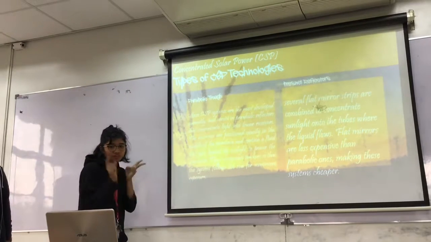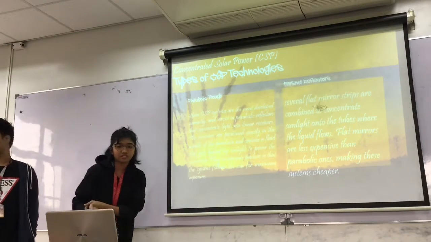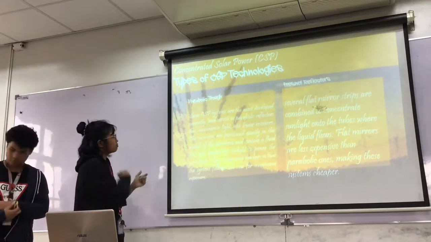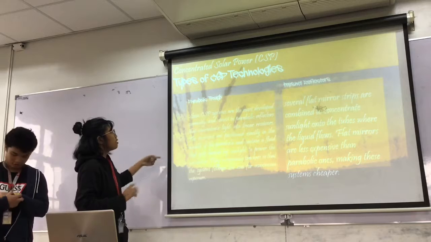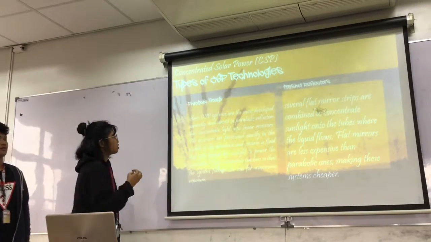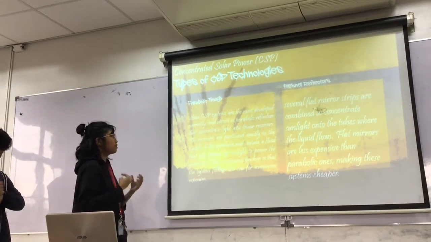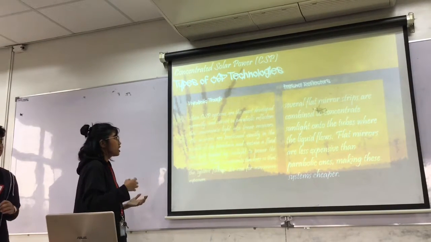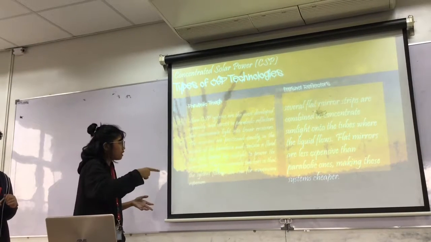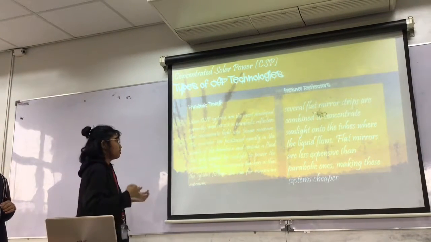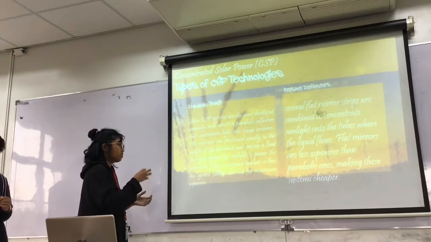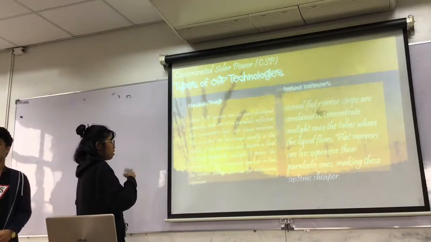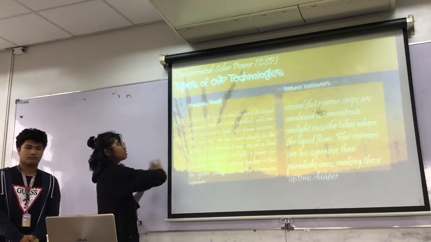So, types of concentrated solar power technologies is a parabolic trough, Fresnel reflectors, mirrors, and so in parabolic trough, the CSP systems are the most developed currently and consist in parabolic reflectors that concentrate light into linear receivers. The receivers are positioned exactly in the middle of the parabola and contain a fluid that gets heated by sunlight to power the generator. They incorporate trackers so that the system follows the sun for maximum exposure. So sa lahat ng